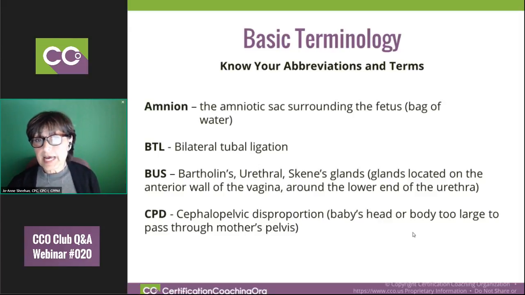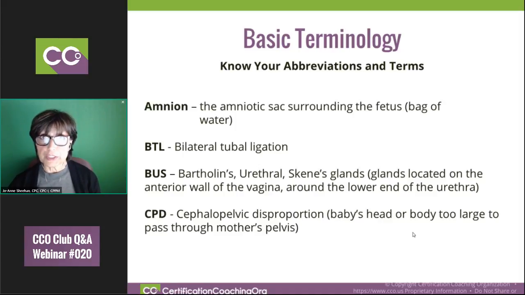Amnion is the amniotic sac surrounding the fetus, which is the bag of water. The BTL stands for bilateral tubal ligation. Then BUS can stand for Bartholin's, which is typically the cyst, urethral, or Skene's glands. Those are glands located on the anterior wall of the vagina around the lower end of the urethra. And then we have CPD, which is a term,